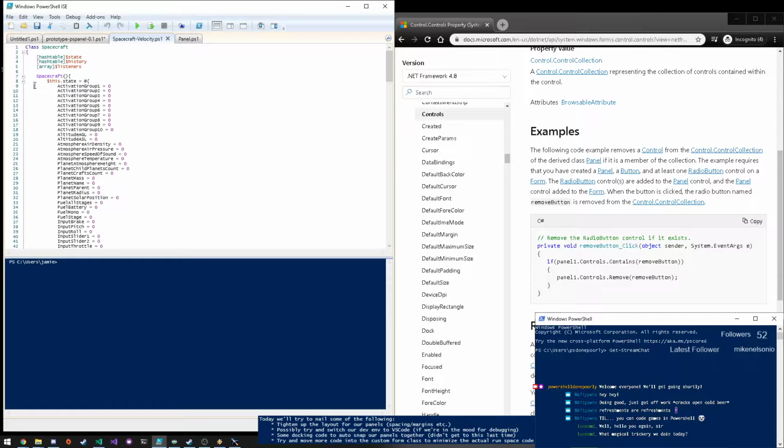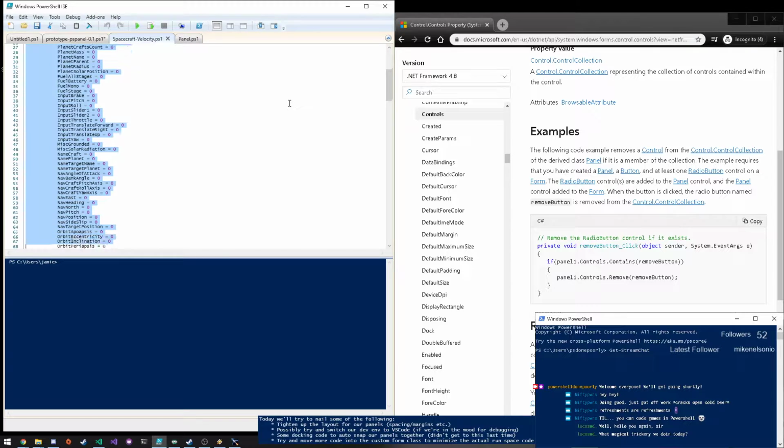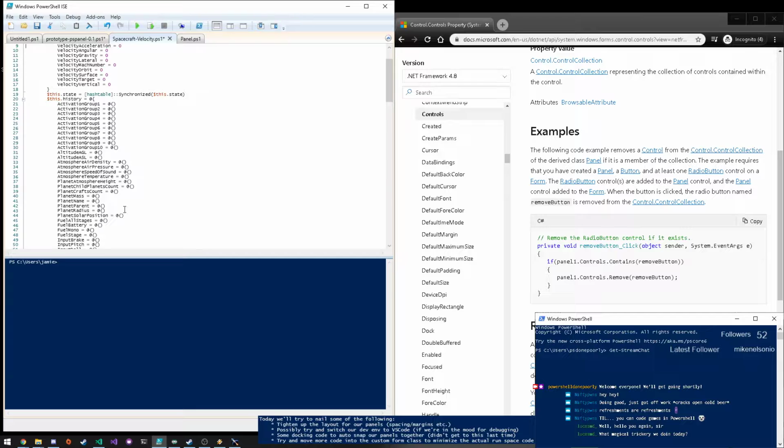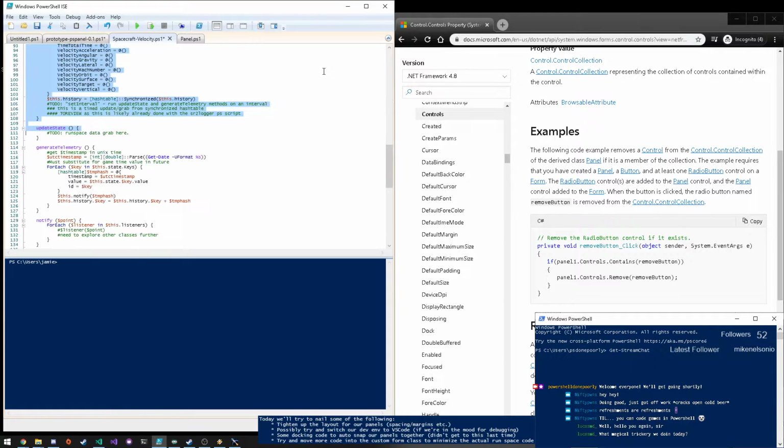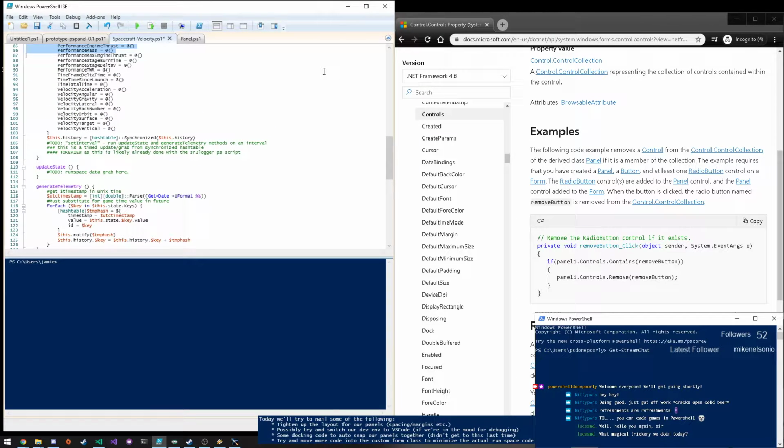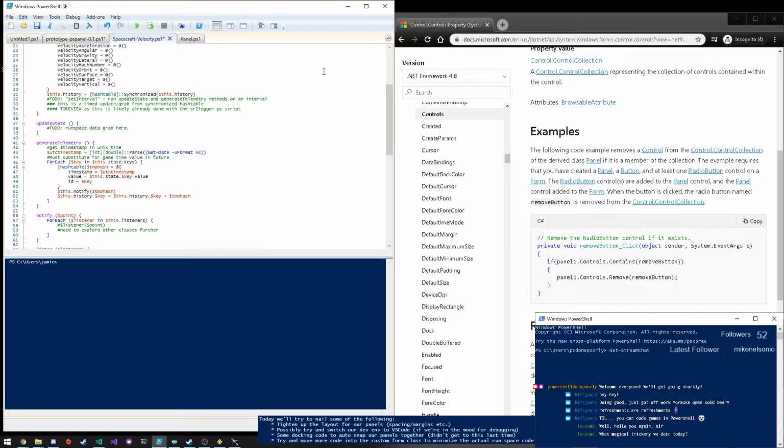And now we'll just rip out everything but velocity, and then we'll have our easier kind of debugging experience, which I think will help us streamline things a lot. Okay,